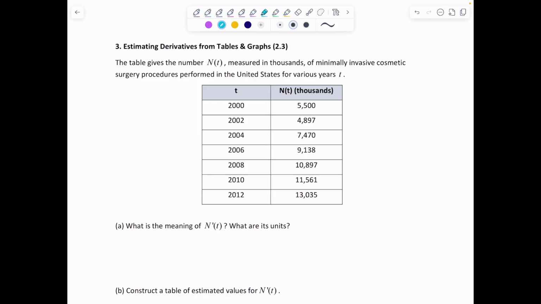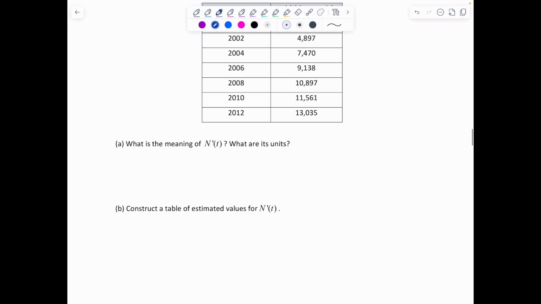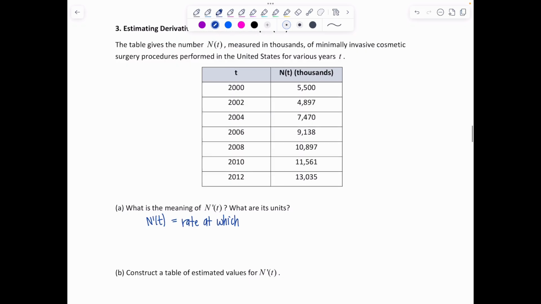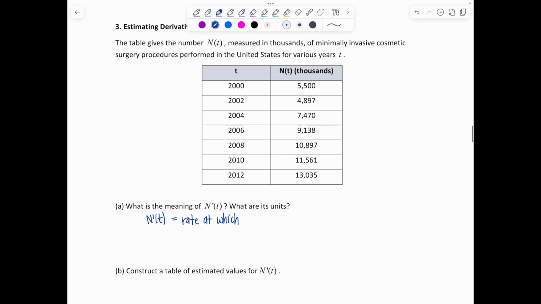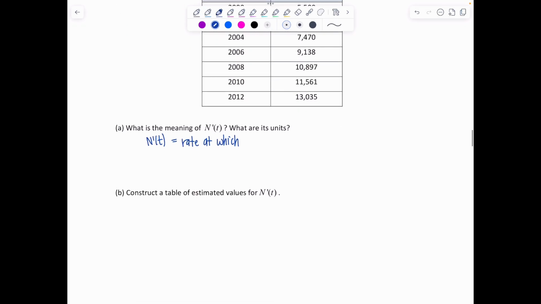First, what is the meaning of N prime of t and what are its units? Notice they're asking us to interpret the derivative. Keep in mind derivatives are rates of change of the function that they're the derivative of. So in this case, how would I answer the question? I would say N prime of t is the rate at which, and then what is N measuring? Oh, minimally invasive cosmetic surgeries. Okay, the rate at which the number of minimally